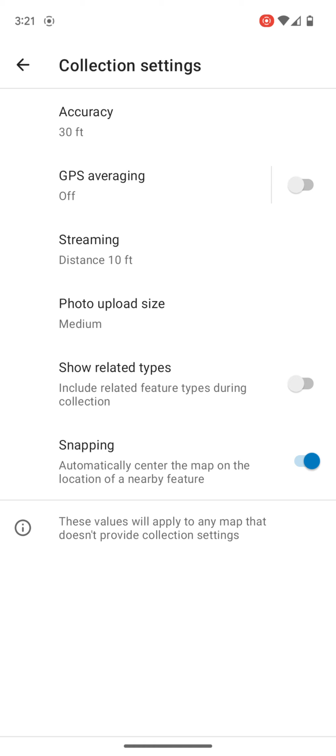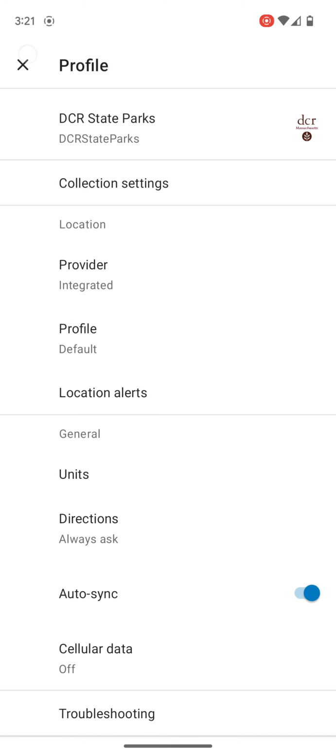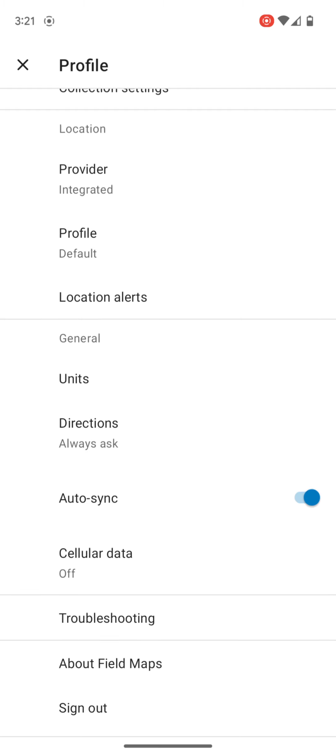The data set gets large, it could get unwieldy, and it costs us a lot of money to store it. So please change it to medium. The second setting that's really important to have on is all the way at the bottom,